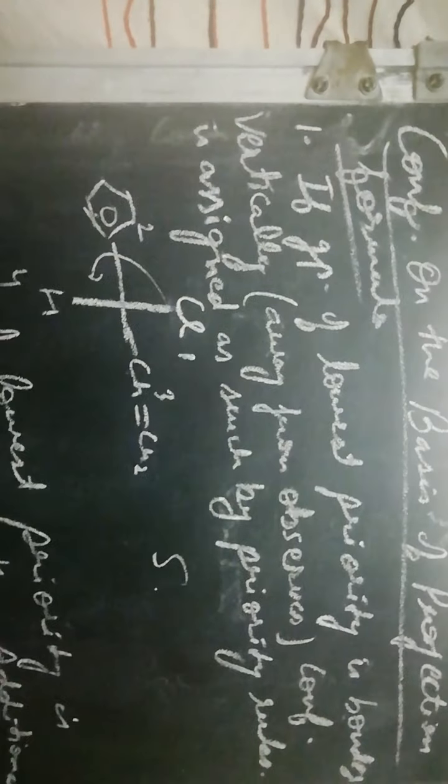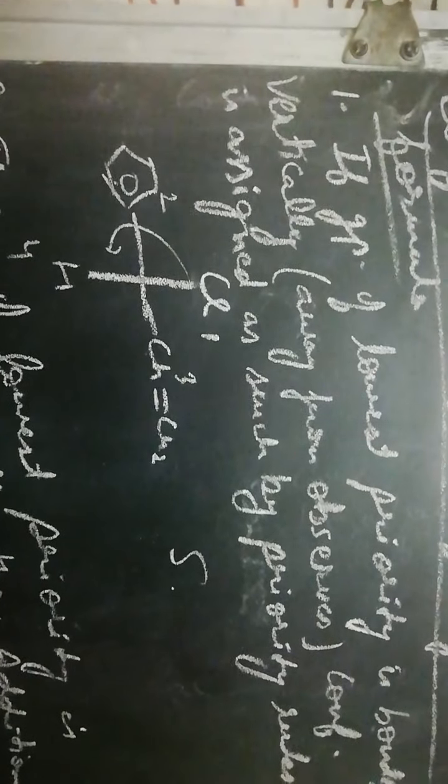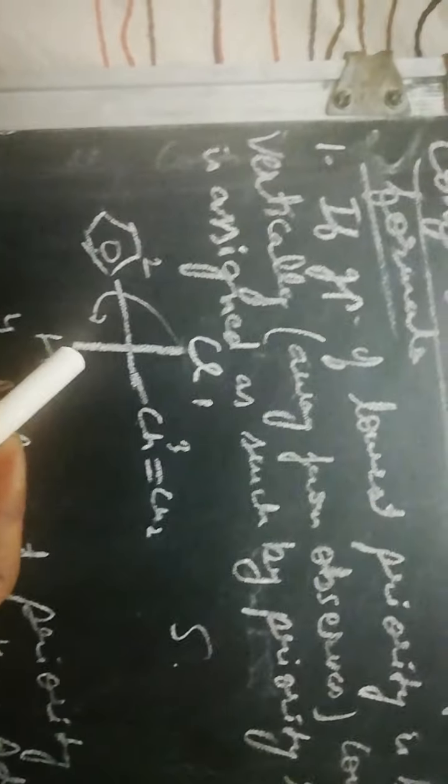Also, let us discuss the configuration on the basis of projection formula. So first point is, if the group of lowest priority is bonded vertically, that is away from the observer, then configuration is assigned as such by priority rules. For example, this is our compound. Now lowest priority group is present on the vertical position, then the configuration is assigned as such without making any